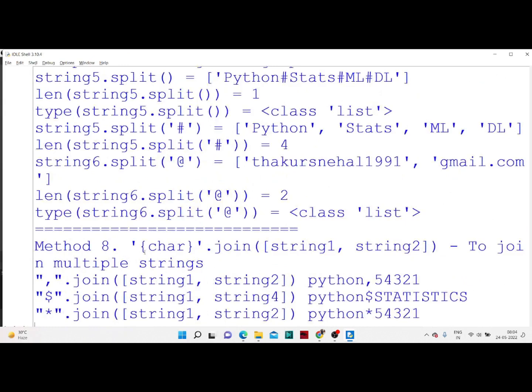Okay, so basically this is my syntax. Inside this single quote or double quote you will have to pass this character, then join and a list of strings. Okay,